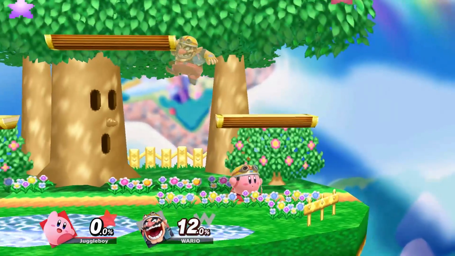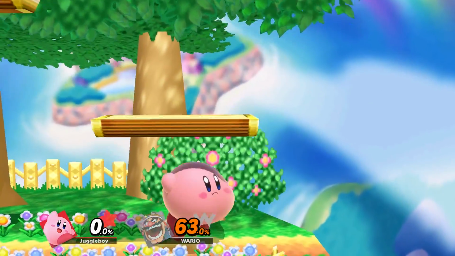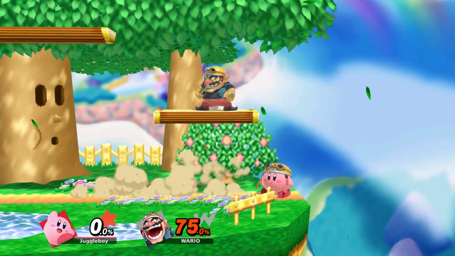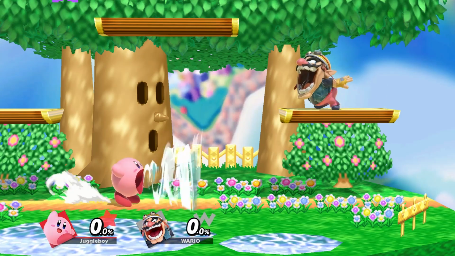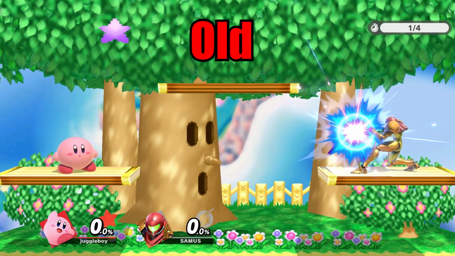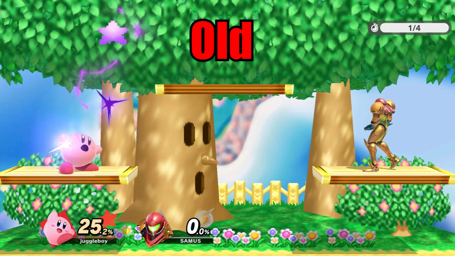you shouldn't be missing it as often anymore, and it should be easier to do things like tech chase on platforms, and just puts it more on par with moves like Wario's Chomp, which comes out on frame 8. This also really helps in situations where you want to suck up a projectile. For example, before you pretty much had to predict when Samus would throw out her charge shot, but now it's